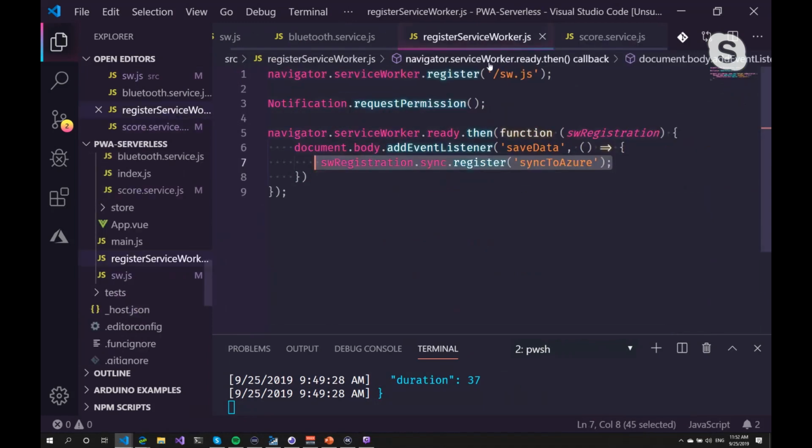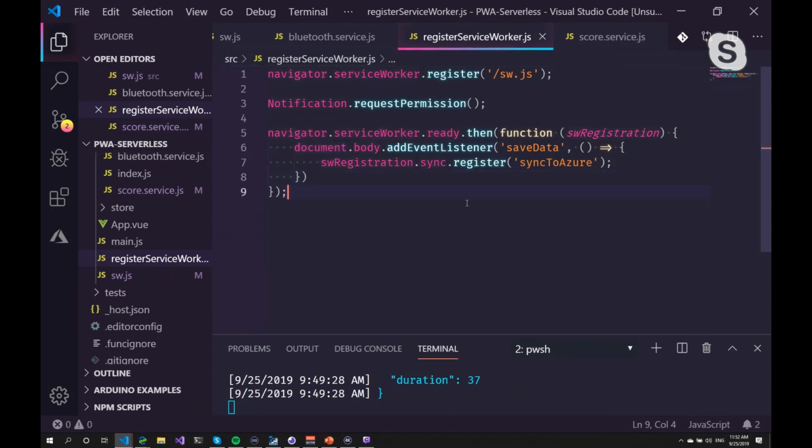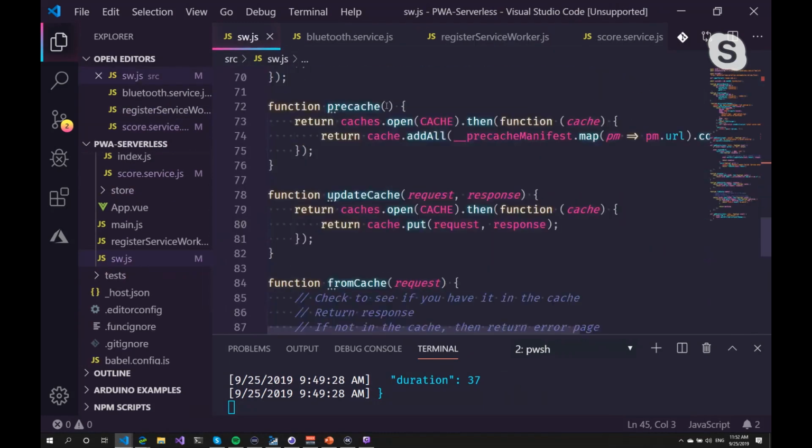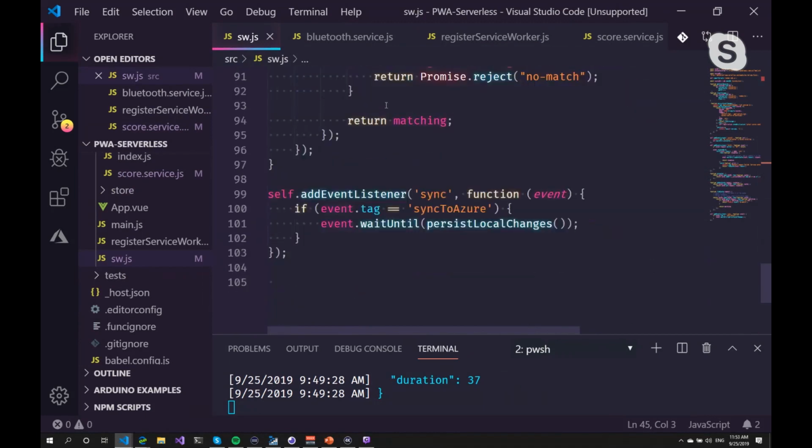That event is handled by the service worker, or actually handled outside of the service worker and then sent to the service worker, which will catch that event and tries to send that data to the server. Now, if there's no server available, it would just cache that event. And as soon as the service worker goes back online, it has a connection again, it will sync that data automatically.